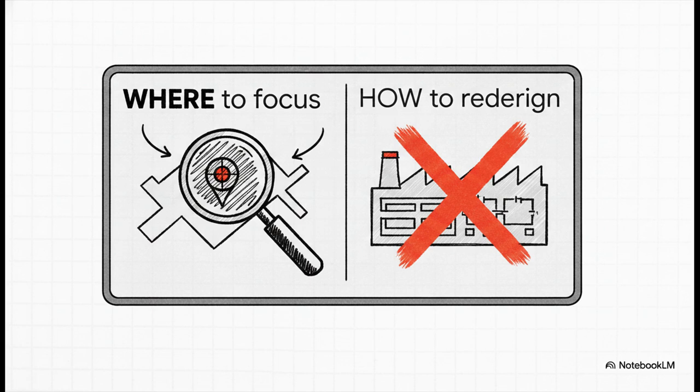But, and this is a big but, the white paper points out exactly where this model hits a wall. TOC tells an organization where to focus, but not necessarily how to redesign every process. It's deliberately narrow by design. Like, it hands you these fantastic logic trees, right? But it doesn't give you a standard process taxonomy or a built-in mechanism for cascading input to output control below the constraint itself. It tells you exactly where the fire is burning, but translating that into day-to-day shop floor variables, well, that's entirely on you.